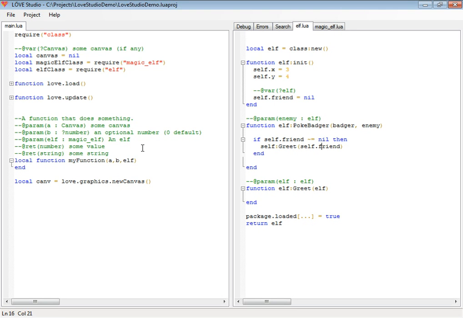Another way that we can deduce that certain variables are non-nil is by comparing them to non-nil variables. So here we have self.friend is nillable, but enemy is non-nil. So if we determine that friend is equal to enemy, and I don't know how that makes any sense, but this also tells us that friend is non-nil, and now we're not getting an error in here. So if a nillable instance is equal to a non-nillable instance, then the nillable instance must not be nil. There's only one value